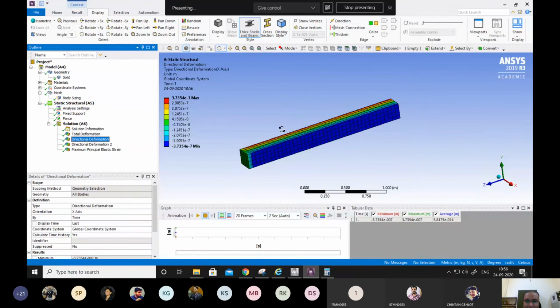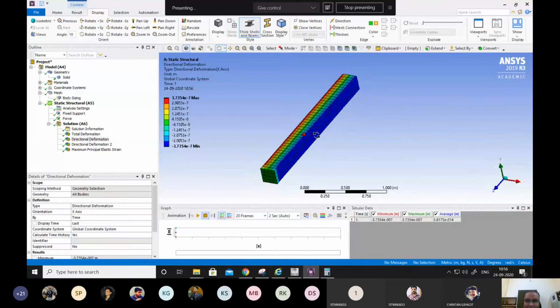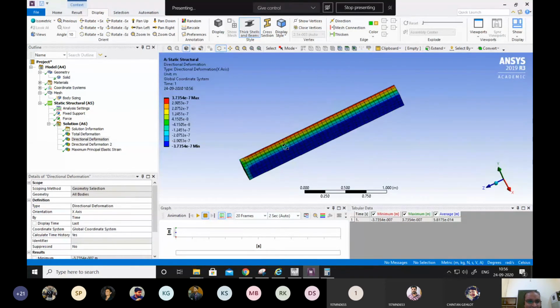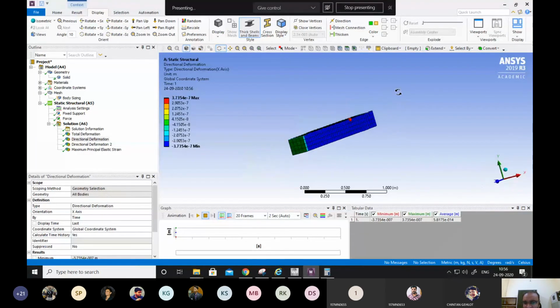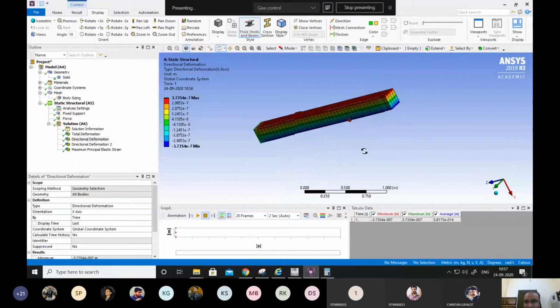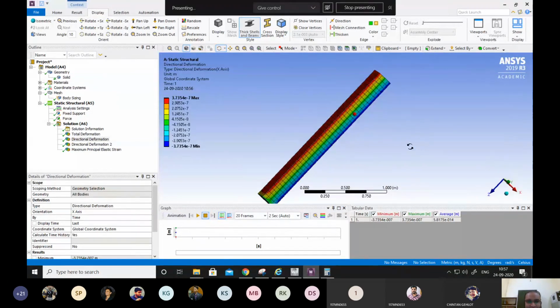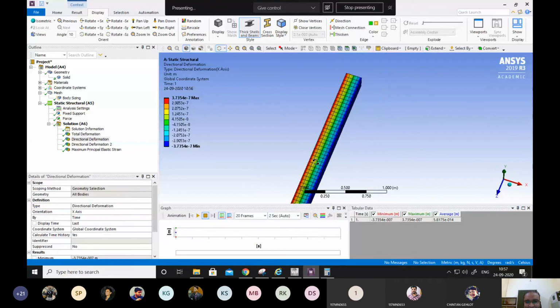In directional deformation, we can see how things are working. So in sense of this is in x-axis. So x-axis is basically this direction. So in this direction, there is not much change. But if you see the cross section, it says one of them was assumed to be fixed, and other was assumed to be moving. And basically, it is saying that in the center, it is 0. So if you see, this is minus to plus the same value.